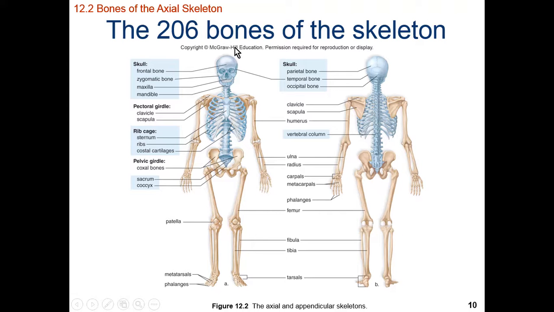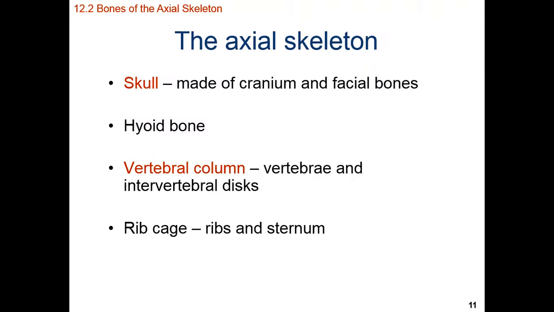The axial skeleton is going to focus on the skull, the rib cage, and the sacrum coccyx. So the parts of our skeleton diagram that have been highlighted blue here are the axial skeleton, and the parts that were not highlighted blue are the appendicular, or skeleton associated with the appendage. Let's first talk about the skull. The skull of our axial skeleton is going to be made up of both cranium and facial bones. Facial bones, as their name implies, are the bones of the face, and the cranial bones are the bones that